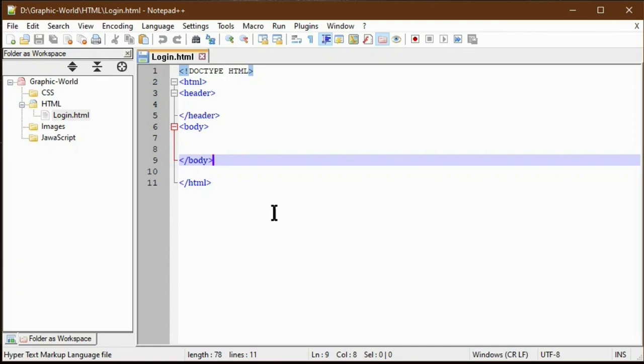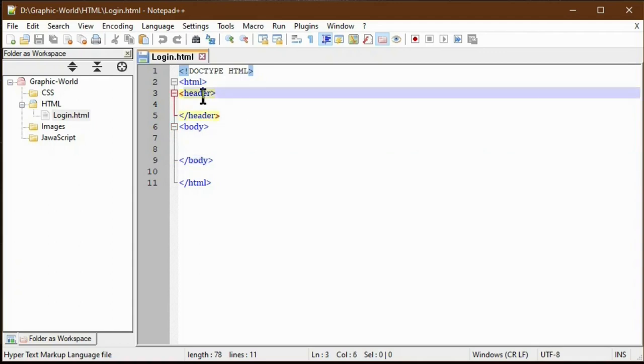Here you can see this doctype HTML is colored black, and all other HTML tags like html, header, and body are changed to blue color. In the same way, if you select header, it automatically highlights the end tag of that header. Also, it changes the color of the start and end to red, and this highlighter is highlighting the background in yellow color. This happened because of these color themes, which are already set by default in Notepad++.